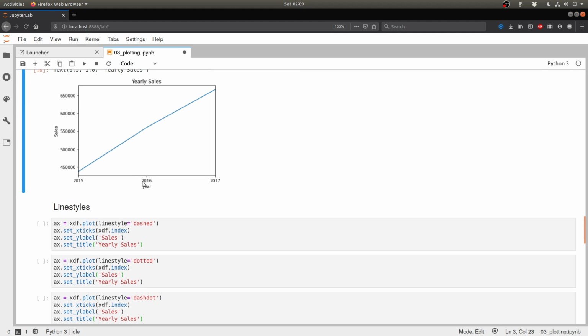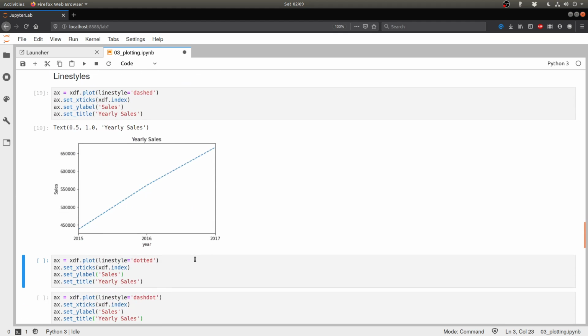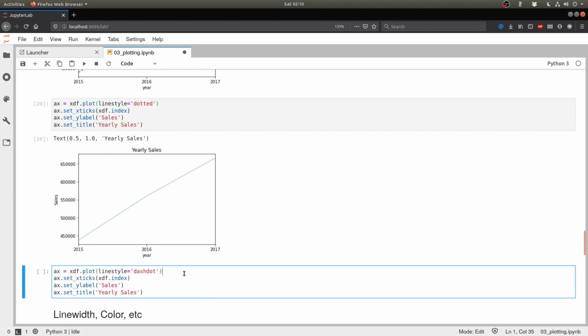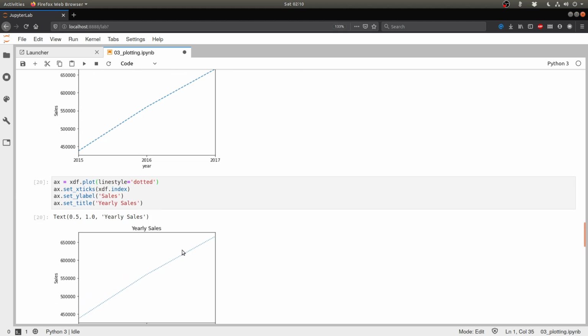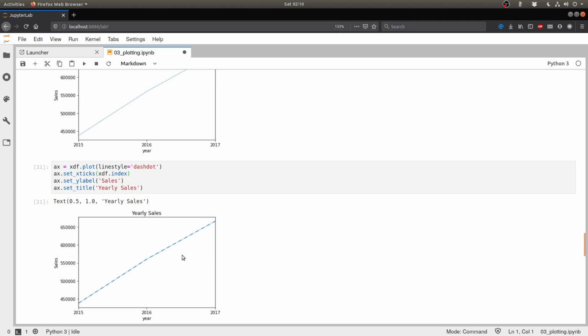There are a bunch of different line styles that we can use. We see that this particular line is a solid straight line. We can have a dashed line also. So here's a dashed line. Similarly, we can also have a dotted line, and that's a dotted line. We can also have a dash dot line, which is basically a mix of these two options. So that's how it looks like. You see a series of dashes and dots.